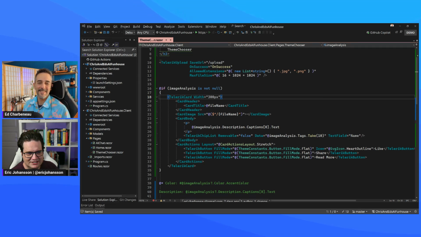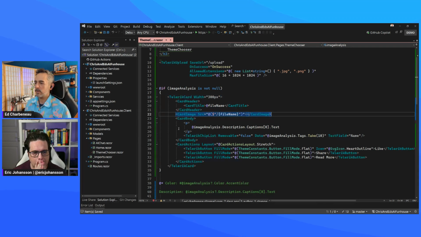So let's see. We've got the tags showing. What else can we add to this? The color. We're missing the color. For the color, I'm thinking there is a subtitle, right? You have the header and then you have a card title or something. Yeah, we do have a subtitle, but color, I think we should show colors. So I'm thinking make the entire card that color. We could do that, but we also have